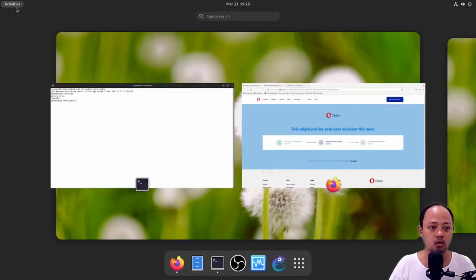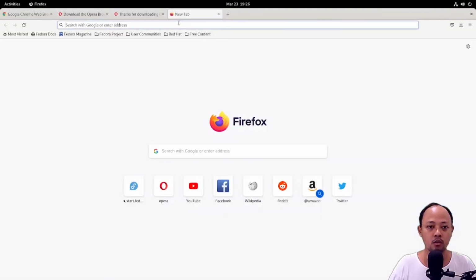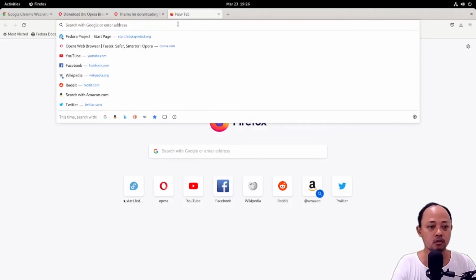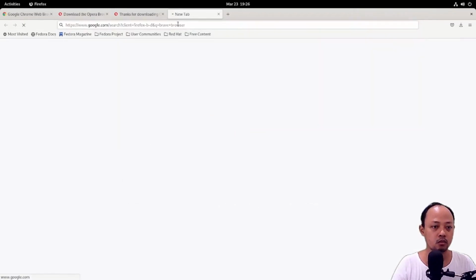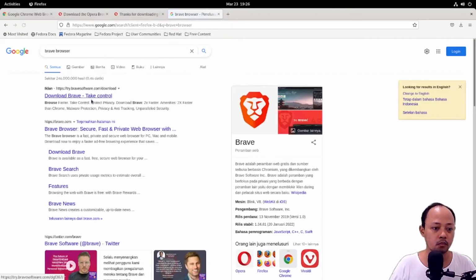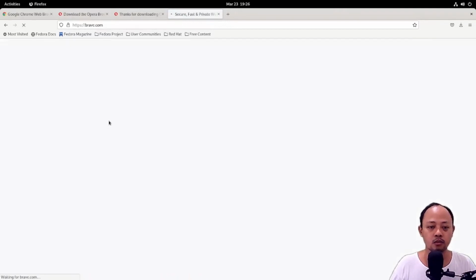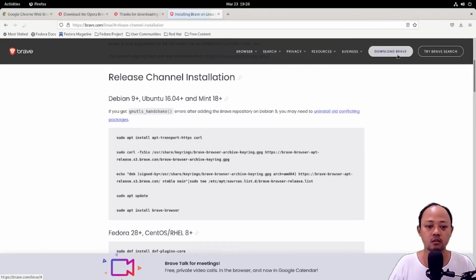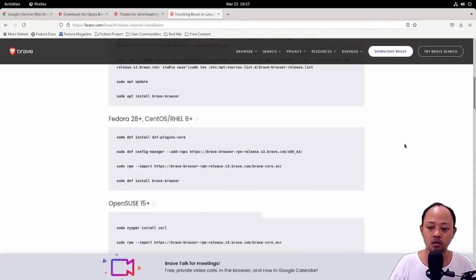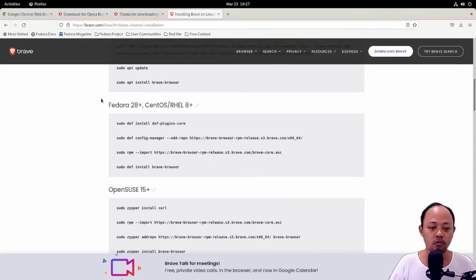The next browser will be Brave browser. Actually, I never installed this browser, so this is my first time to install it. We can find here in the Fedora part.